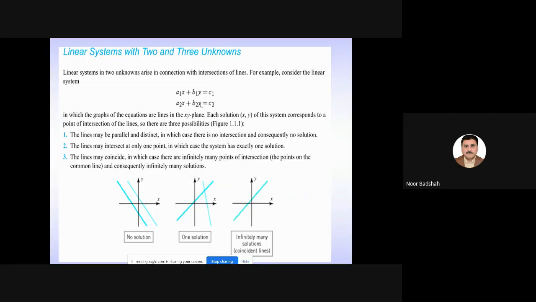Depending upon the values of c1 and c2, I'm giving you a few examples where we have no solution, one solution, or many solutions. If the lines coincide, they are the same lines, and in that case there will be infinitely many solutions. So I'm considering two simple examples. Let's suppose we have one system as x plus y